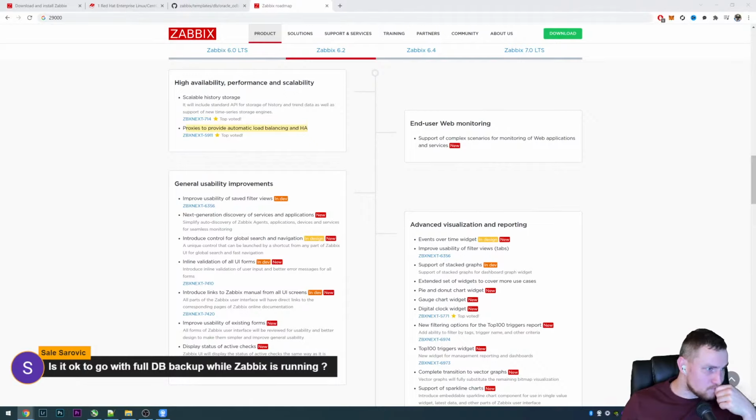If you are using MySQL, don't use mysqldump. Read about the difference between the logical and the physical backup of the database. Use Percona XtraBackup. MariaDB right now has its own backup utility. I don't remember how it's called. And with Postgres, everything is fine. With Oracle, I have no idea. mysqldump is bad. mysqldump works for some QA environments to do some small backups and stuff like that, but not for a production database backup.